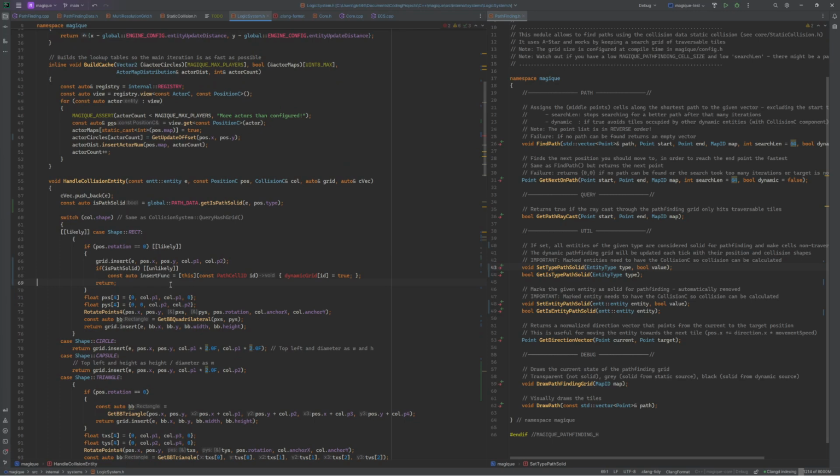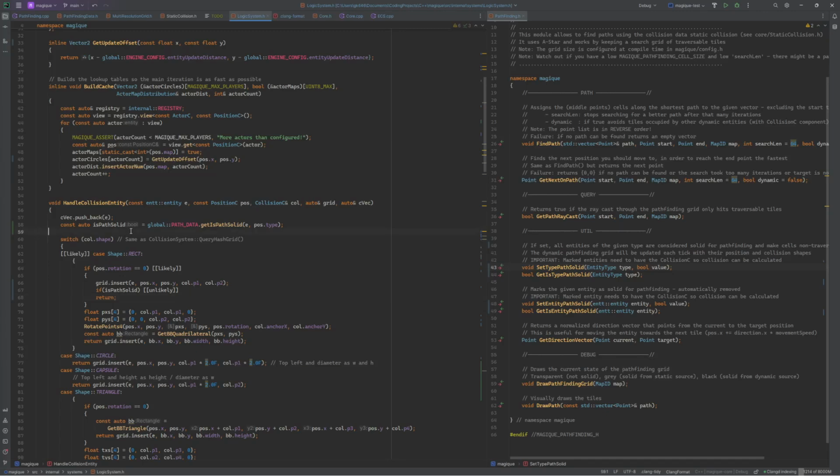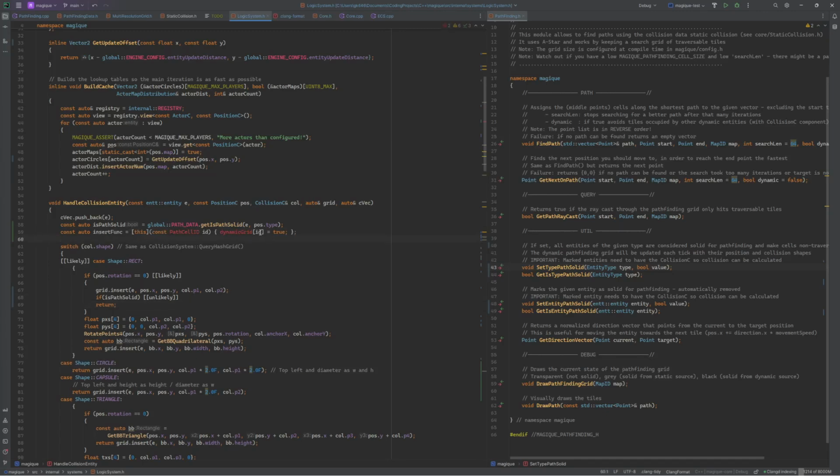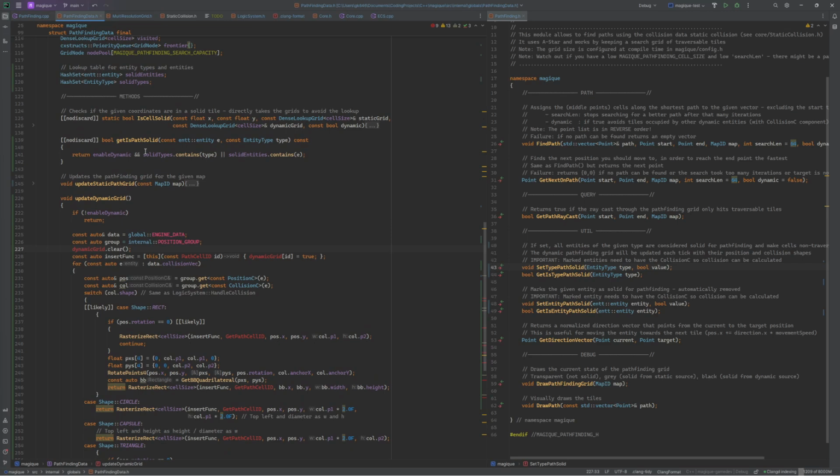Guess I can do it like this. Whoops, yeah, the insert function I need to define here, which is just a lambda. Which should be pretty fast, but yeah, though I don't want captures. So then it needs